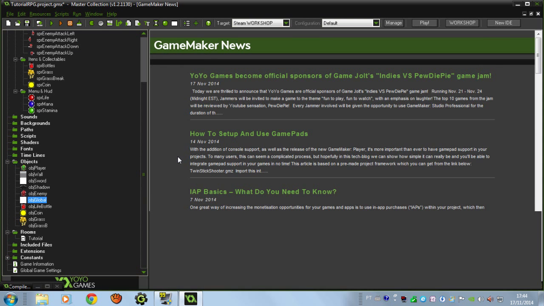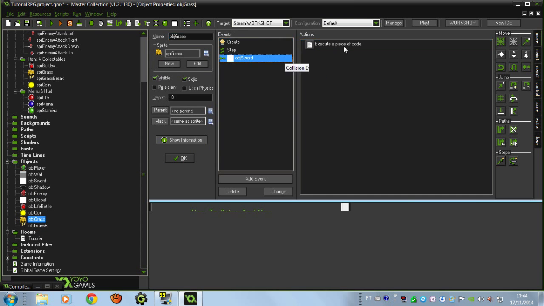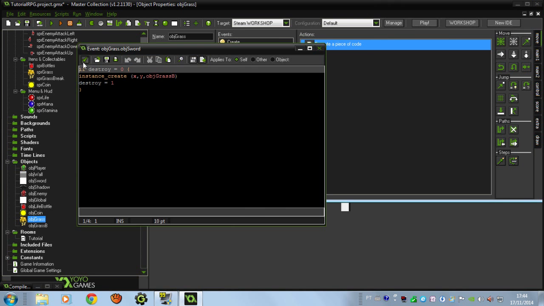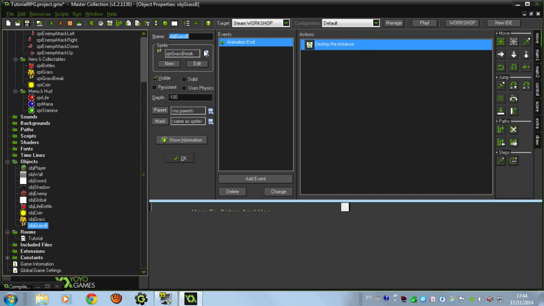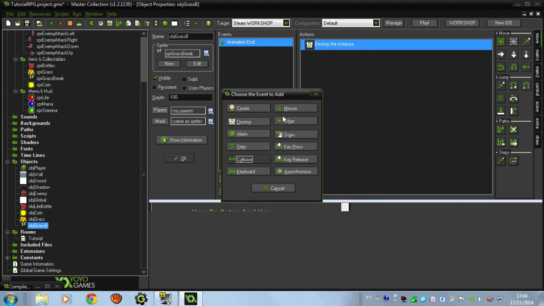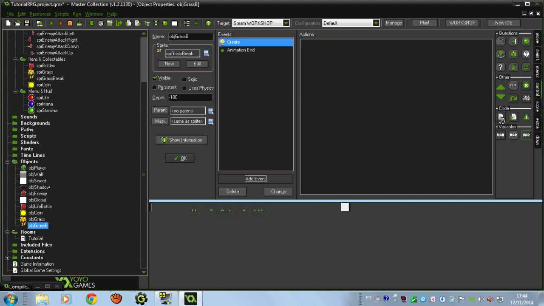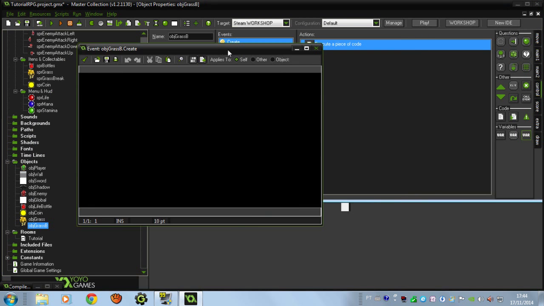So we're not over yet. Let's go make a drop system. I cannot forget that drop system. Okay, so when the grass is breaking, it will create the grass breaking animation, and let's make some variables for this. When it's created, I want it to create a drop variable, and I want this to be random, the value it will choose. I will use 3 values here,